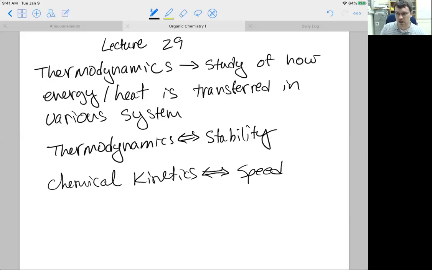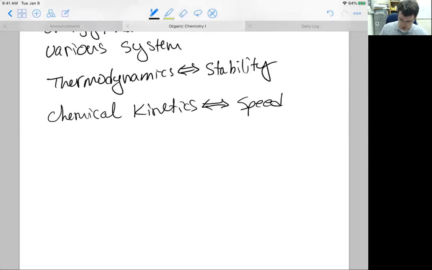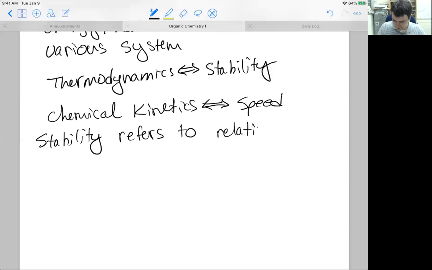Anytime you're trying to grapple with basic ideas of chemistry and you're thinking about how fast or slow something is occurring, that has to do with chemical kinetics. We're not going to talk about kinetics right now. We're going to talk about thermodynamics instead. With thermodynamics, again, we're thinking about stability, and stability refers to relative energy. Okay, so we can quantify the energy of a system